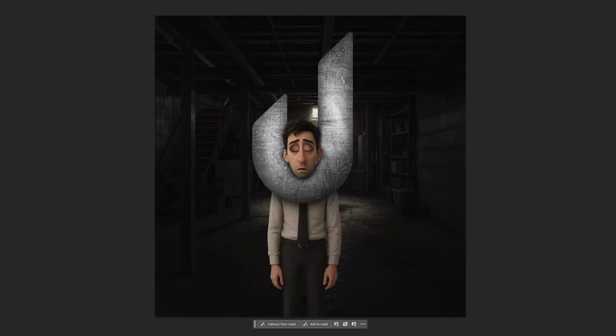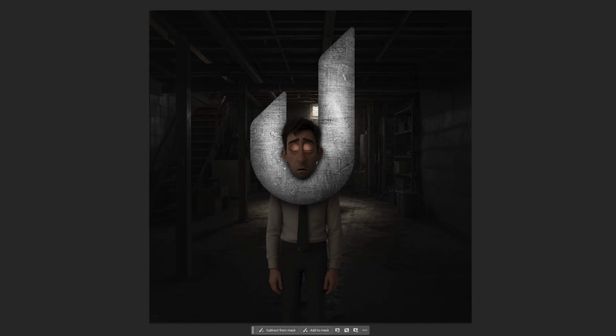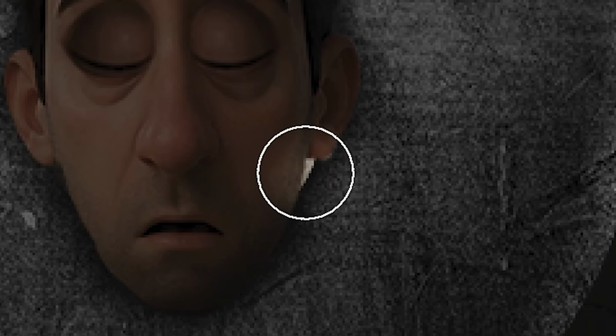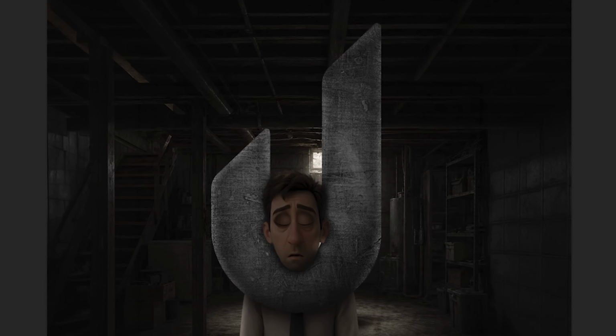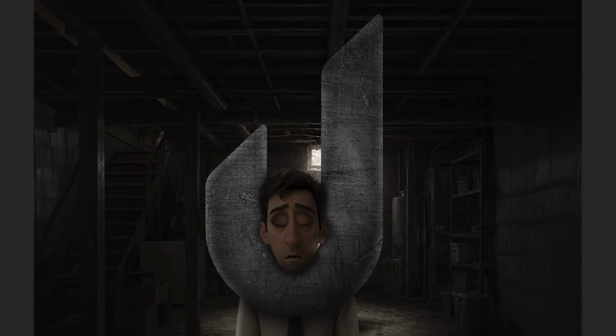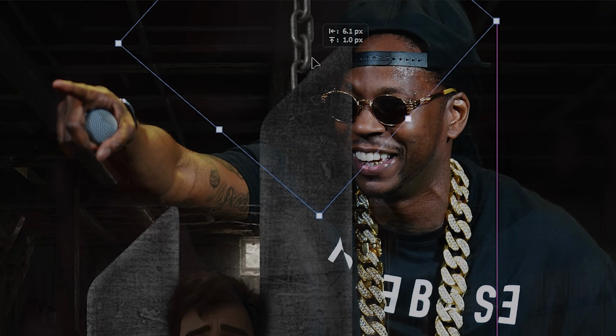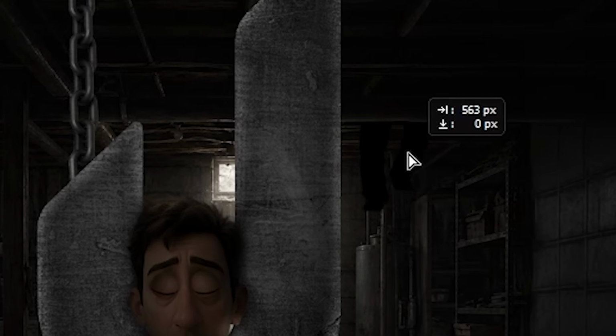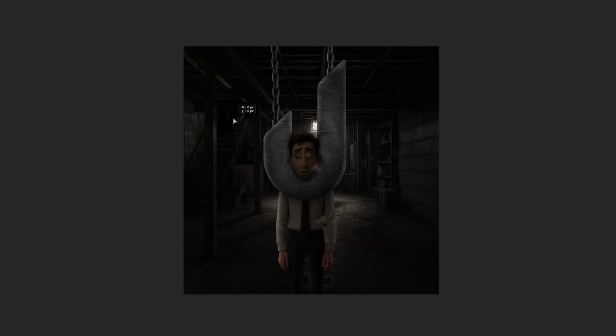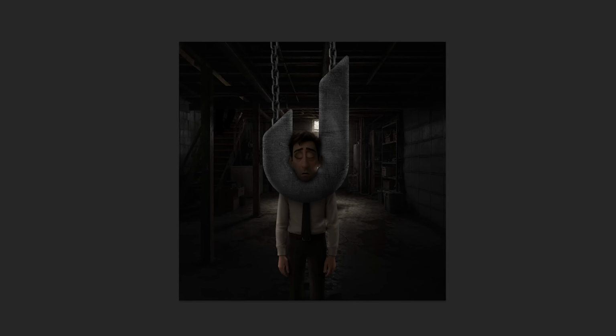Now a background means new lighting, so I'll darken the guy and mask away his outer edges, like the light is hitting from behind. Now let me do the same for the hook. Currently the hook is just floating, it needs to hang from something, so I'll add 2 chains dropping from the ceiling. I'll match the lighting on those to the rest of the scene, but somebody had to put this guy here, so I'll drop in a silhouette on the stairs, which is a creepy figure walking down as if he's